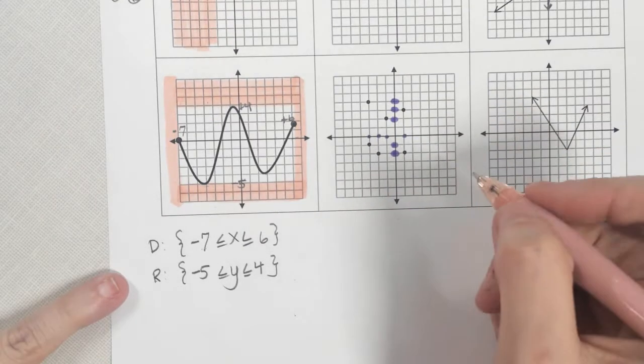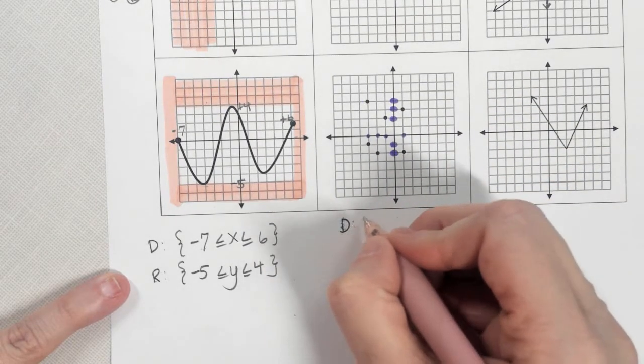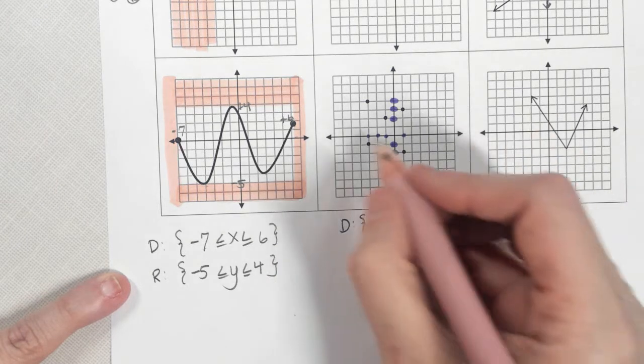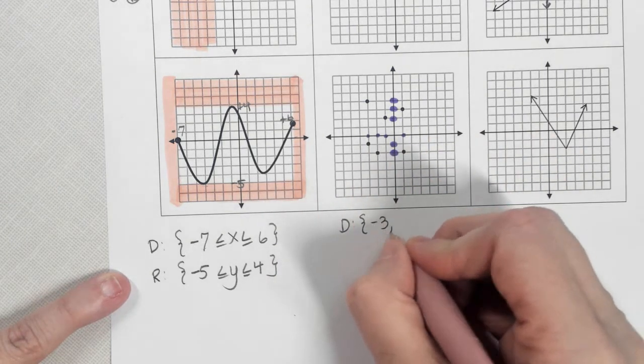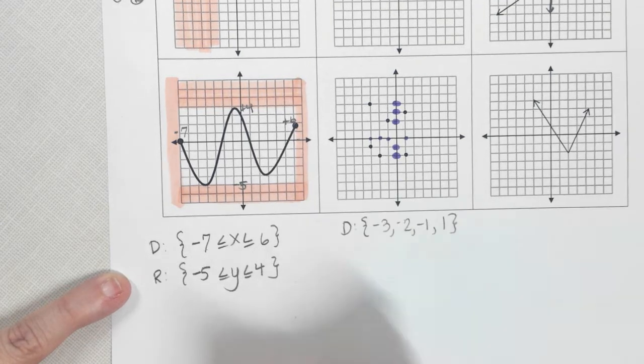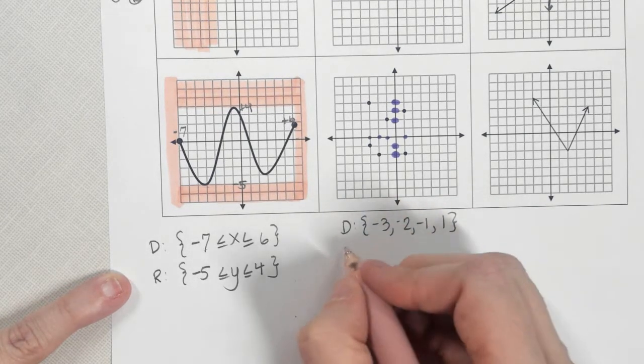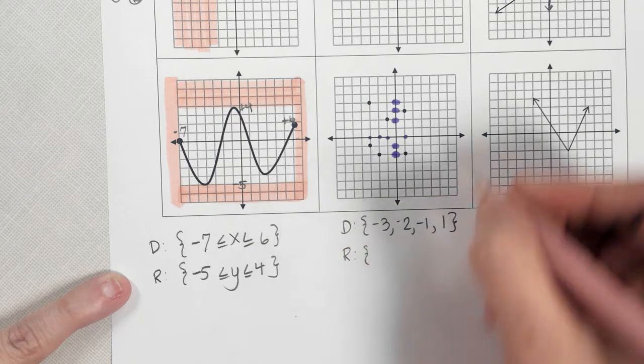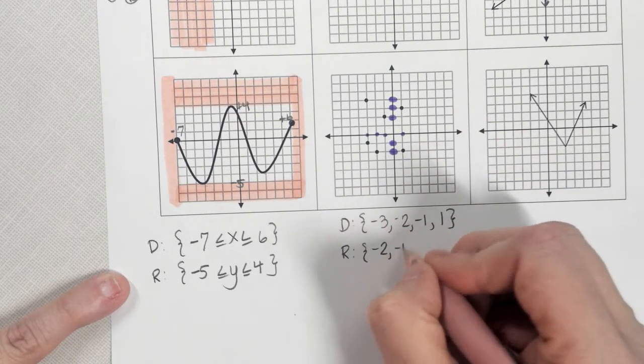Again, since I have dots, that's discrete, and discrete means a list. So I have dots at -3, -2, -1, and +1. So that's my domain. Those are my x values. For my range, I have dots at -2, -1,